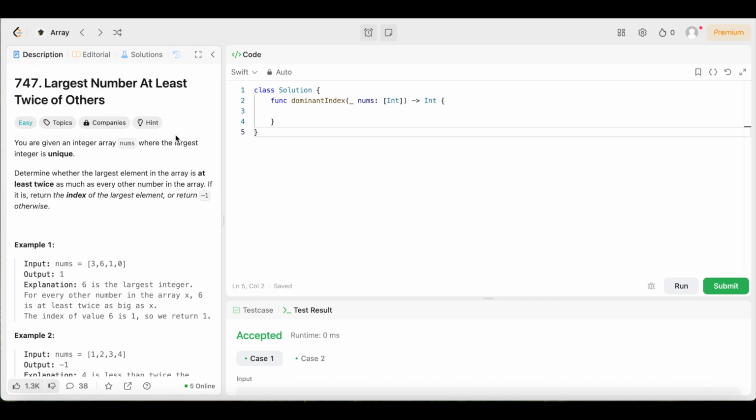So now that we understand the question, y'all, let's get into the fun part, the actual solution. As y'all know, we're going to keep the solution as simple and easy to understand as possible. So let's get into it. Now, the first thing we need to do is find the maximum number in the array. So we can say let max